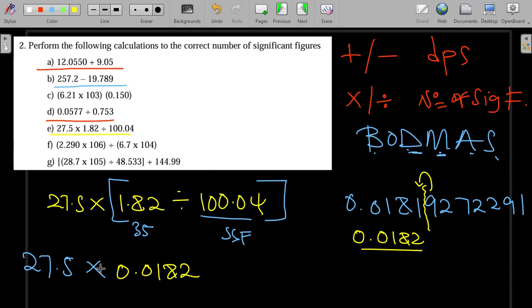And then now we can multiply. So let's multiply this and that. Okay, so I have 27.5 multiplied by 0.0182. Okay, so I get